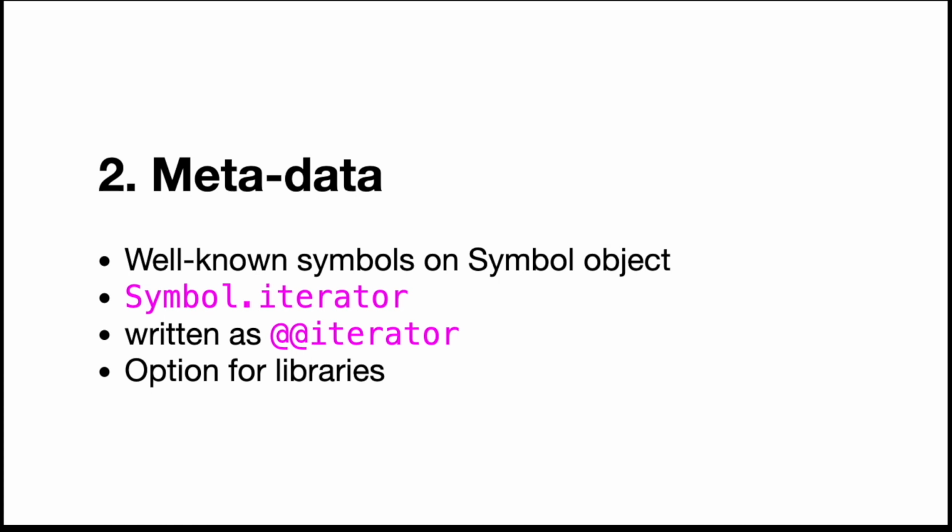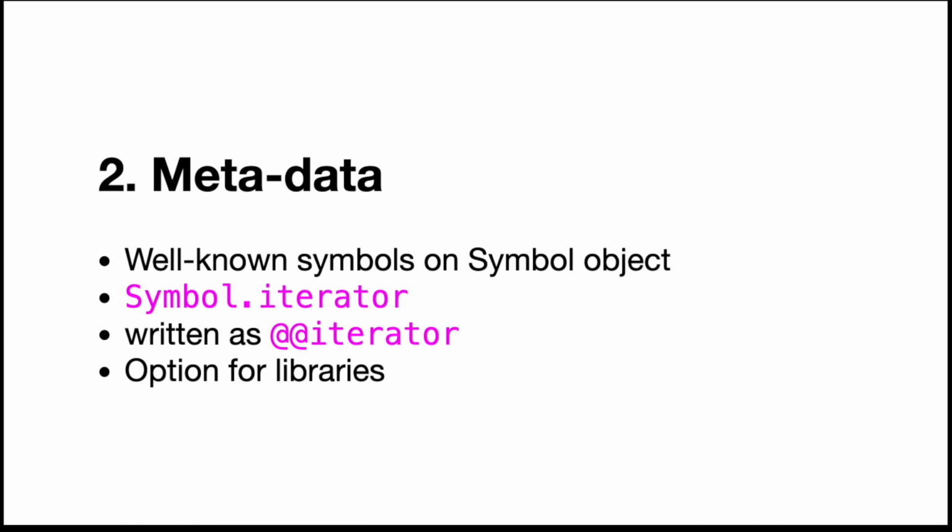And there are several. Actually, I was surprised by how many well-known symbols there are. Well-known symbol means it's global. It's known to the whole JavaScript universe. It's the same in the whole JavaScript universe, which, if you are into that nerdy stuff, is the only thing that's global across multiple realms. We can talk about that.